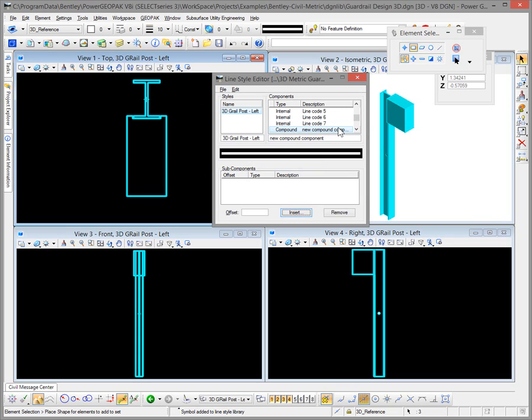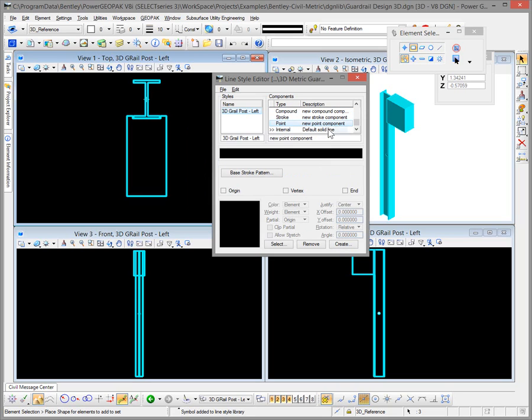So I'm going to go back to my point, and on my point we can go ahead and give this a name. And again, I'm going to be consistent. Guardrail post left for the point,